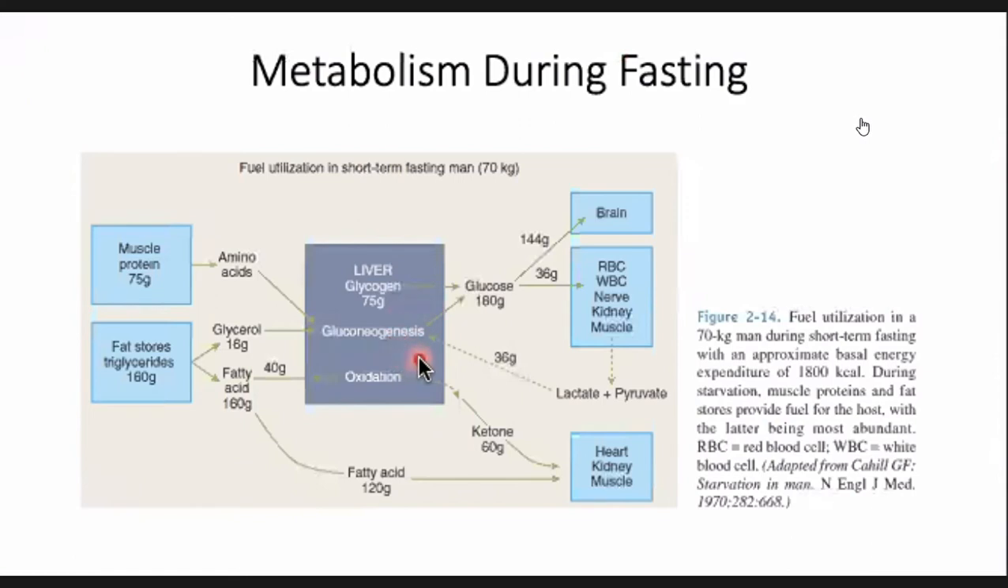So gluconeogenesis, from the term itself, will be used for glucose production, which will provide energy for the brain, the RBCs, WBCs, nerves, kidneys, and the muscles. Fatty acids will be oxidized to produce ketones, which will be used also by the heart, kidneys, and muscles,